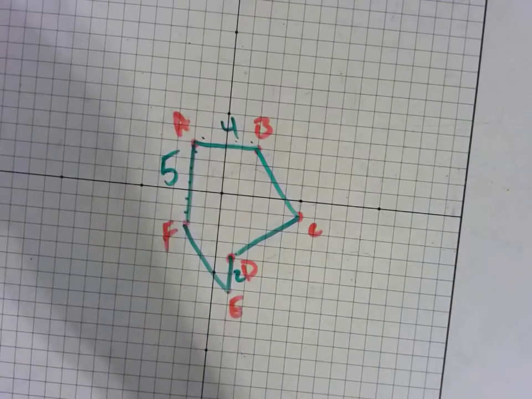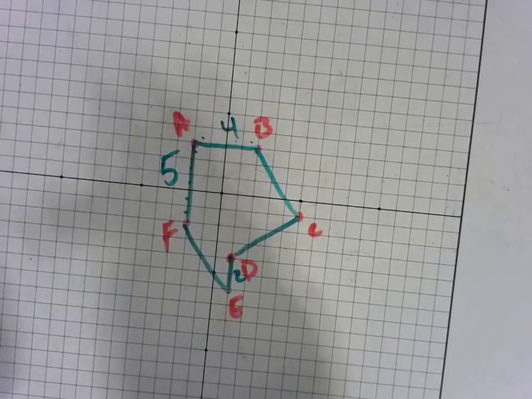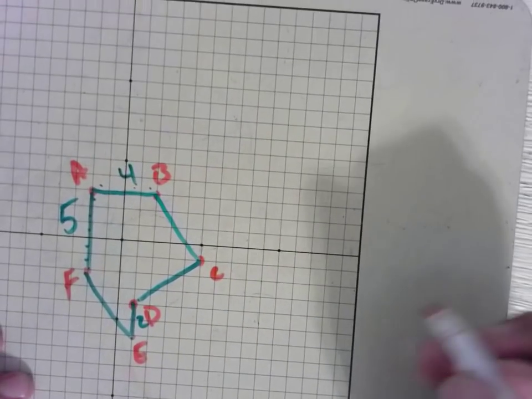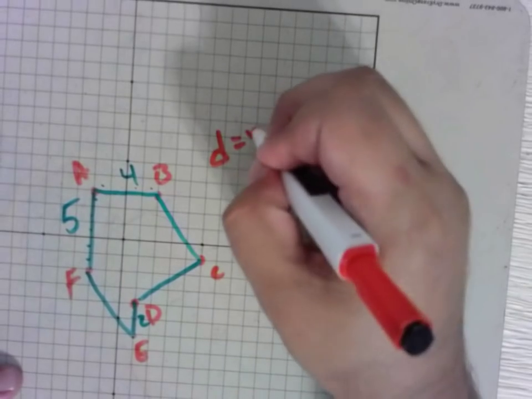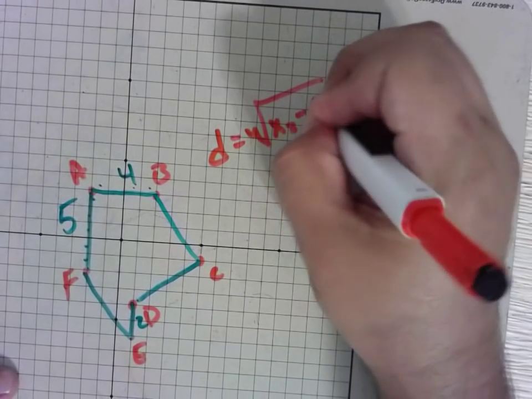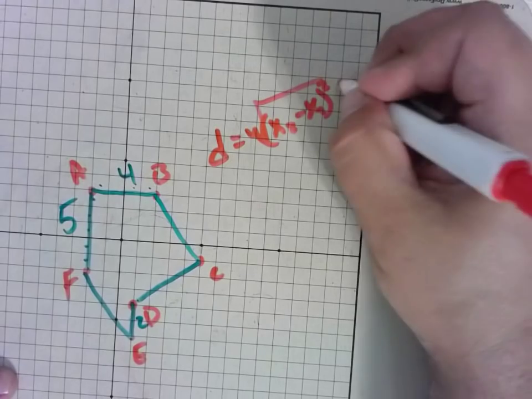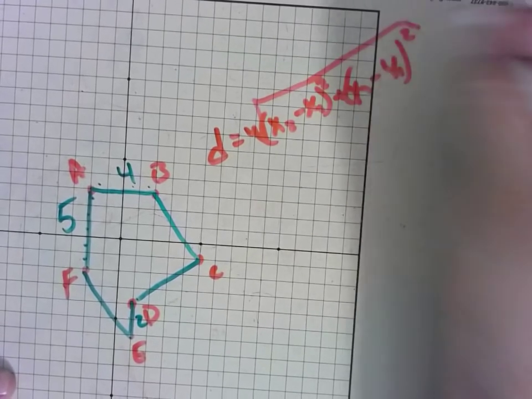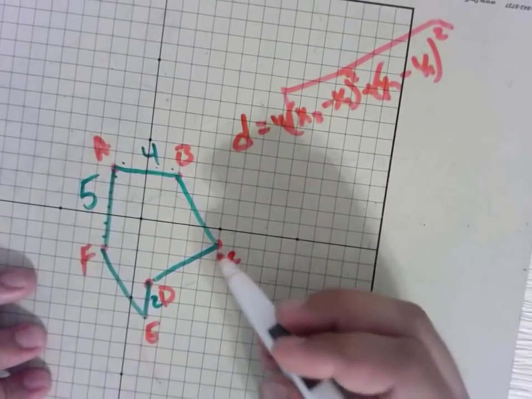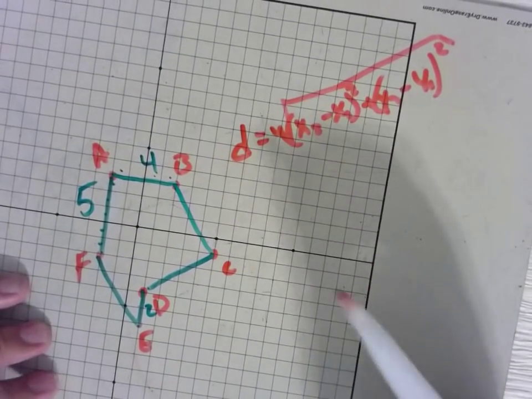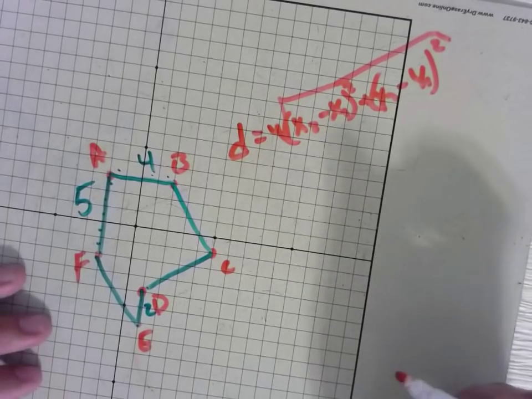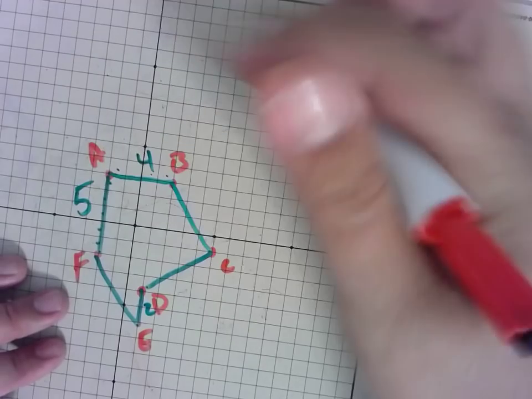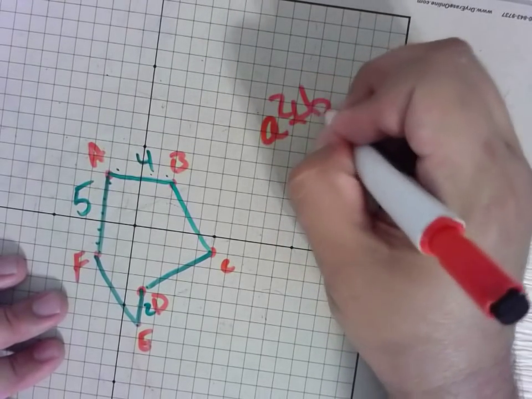How am I gonna do the hard ones? Well, actually, not all of you that watch this video have me as a teacher. So yes, you can use the distance formula. The square root of x2 minus x1 squared plus y2 minus y1 squared, and find the distance. You have to find this point, x1, y1, x2, y2, and so on. I don't do it that way. Way too long, way too annoying. Nope. You use this